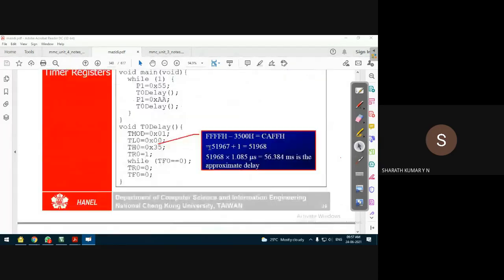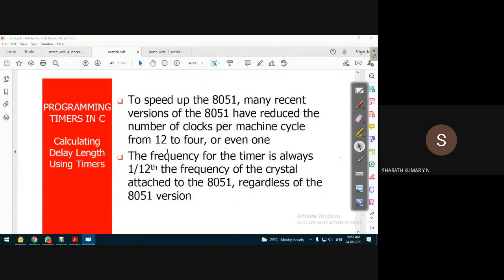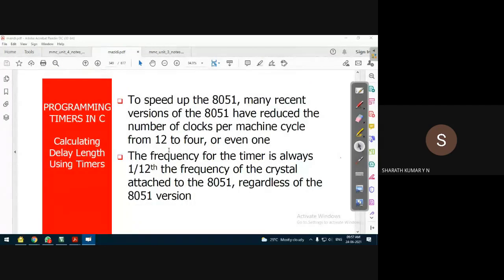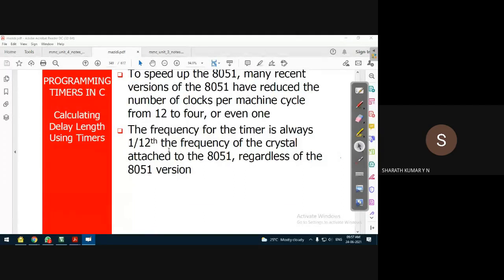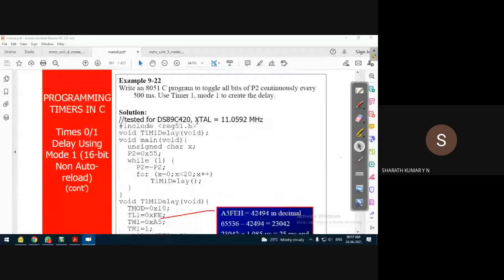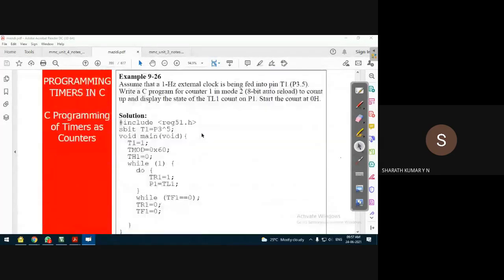This is the C program. Let us not go into the C program. We are not discussing this because of the amount of syllabus we have. Earlier we had a C program discussion also, but now it's not possible. Any other speeds of the 8051 in recent versions, that is fine, we have discussed that. No problem. I think this completes the counter program.